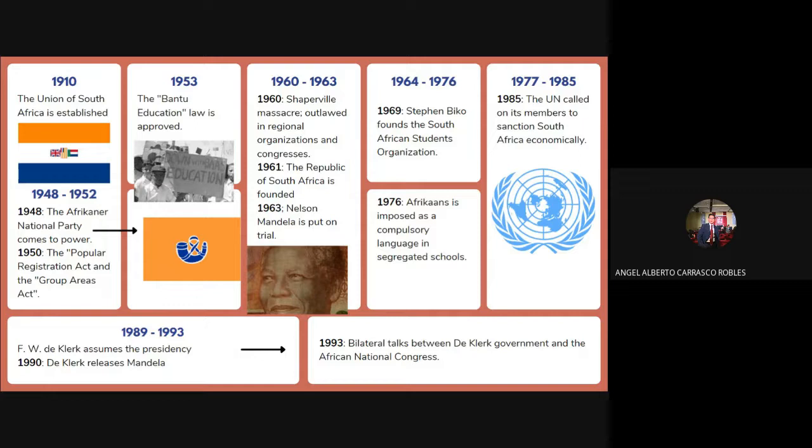1976. By 1985, the United Nations called on its members to establish economic sanctions against the country following the assassination of Steve Biko, who was the leader of the South African Students' Organization, which led to an embargo on the sales of weapons. And finally, at the same time, Frederik de Klerk took over the presidency of the country, freeing Nelson Mandela and becoming an actor in the fight against apartheid, which led to a dialogue between the de Klerk government and the National Party. But before coming to the end of this process, it is necessary to point out other aspects of apartheid.